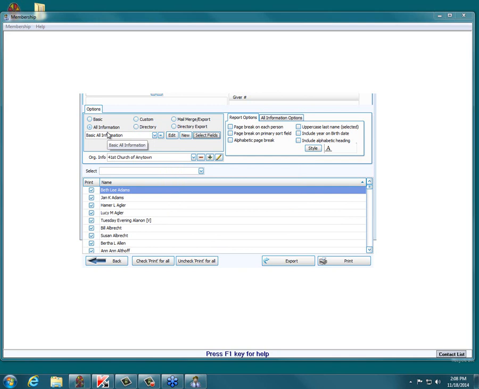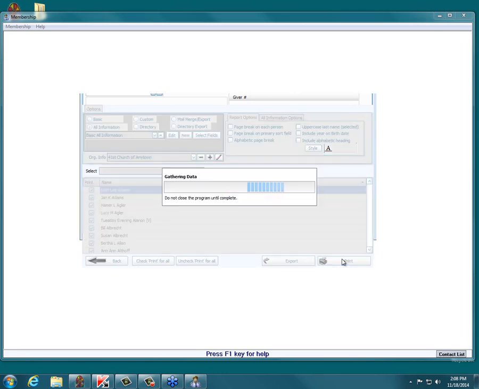All right, I would click new right here, and we're going to come back to these edit, new, and select fields buttons here in just a minute. But you can create as many new all information fields to control what fields you want to see on the report as you wish. But if I choose just the basic all information and simply click print,